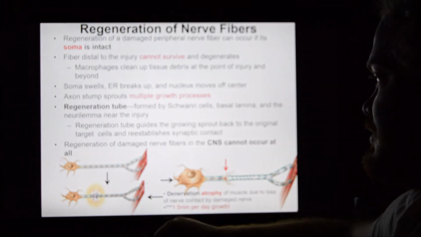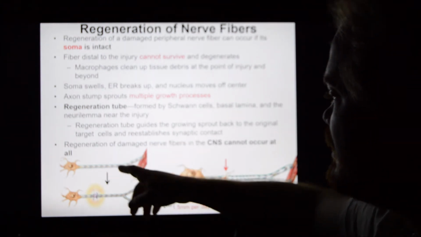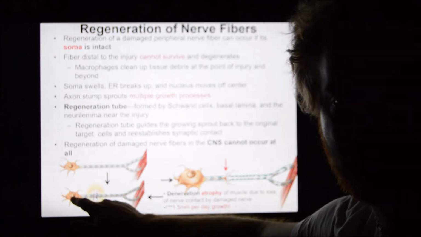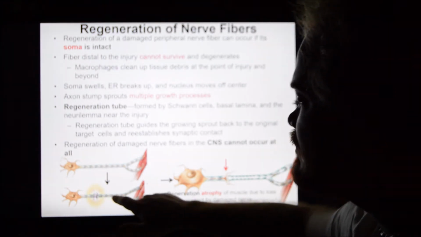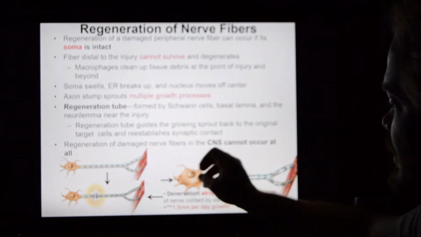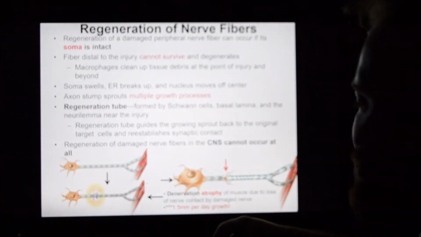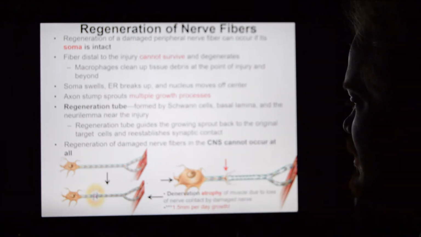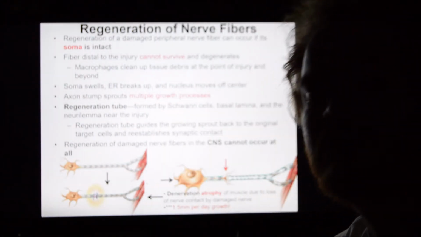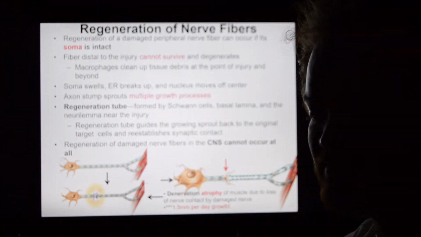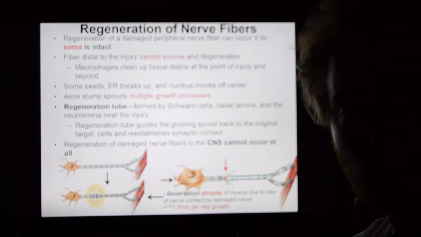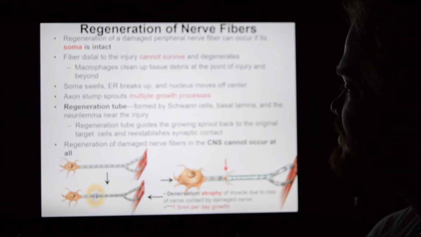Now let me show you how this works. If you were to cut a neuron, so you slice it through there, you destroy that bit of the axon, the nerve cell body's intact, so we're good. What will happen is everything downstream of the area of damage dies. And the nerve cell body is going to get real big, and it's going to start cranking out protein, and it's going to release all these little feelers off the end of the axon that's left, and they're going to move all through your tissues looking for their point of synapse. And when they find that point of synapse, they set up shop, and all the other peripherals fall off, or degenerate, you might say, and the nerve will be healed. It'll be functional again.